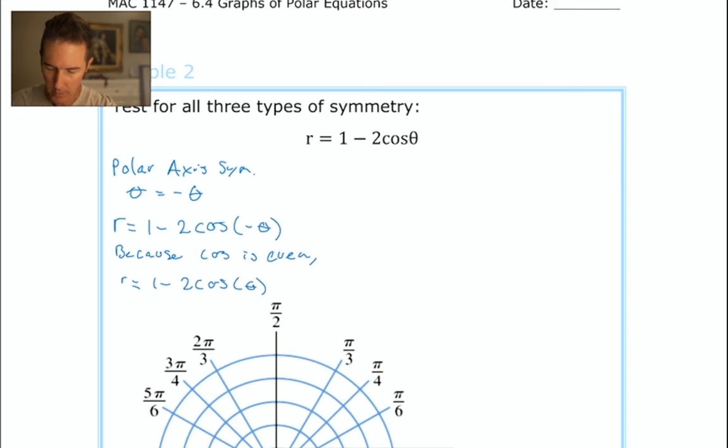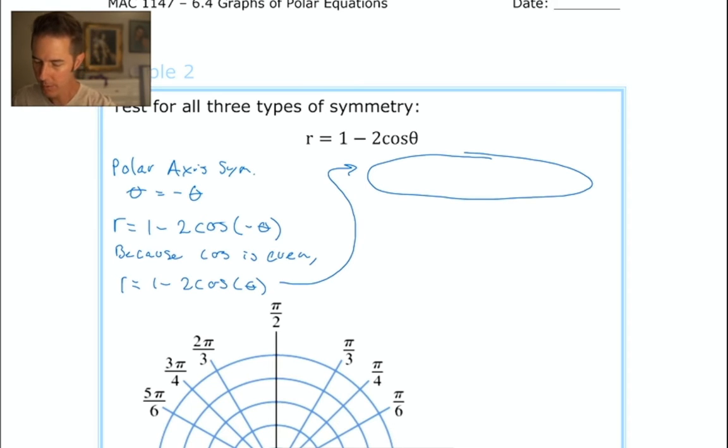I'm not going to write that down. If you can fit that maybe right here: looks exactly like original. Therefore, graph will have polar axis symmetry. Okay, I'm going to let you write that in right up here. You should be able to fit it in a couple lines, and below that I'm going to do my next